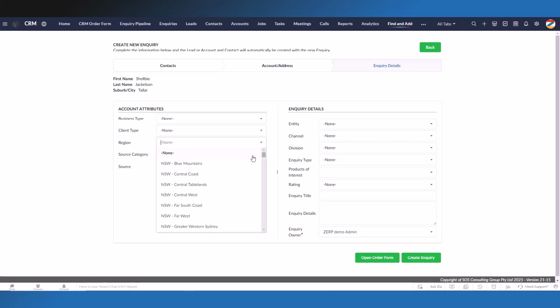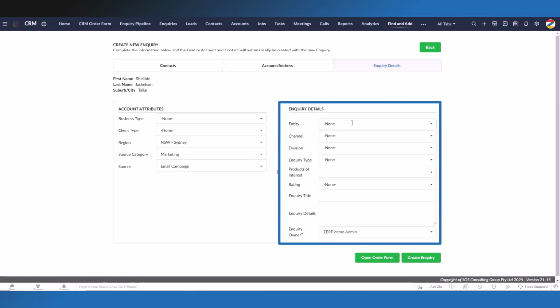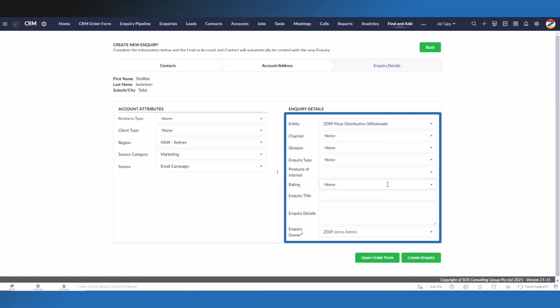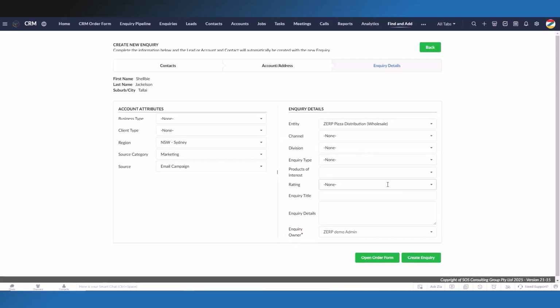These attributes can support future reporting needs. The options can be updated by your system administrator. The section on the right is about the inquiry. It is important to select the correct attributes as best you can, and select accurate values, as these support reports and statistics. You can use the rating to categorize the likelihood of securing a sale and enter some details about the